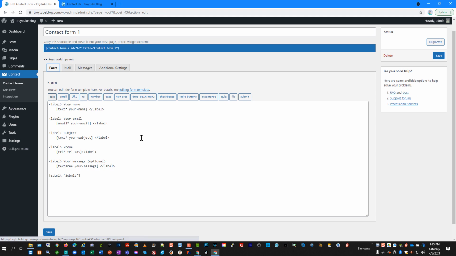So hopefully that video has been helpful to you. Again, we inserted a form. We also used a shortcode. So we learned what shortcodes are. Many plugins use the shortcode function to insert things into your website, and it makes it really easy to put the same thing in different areas of your website without having to